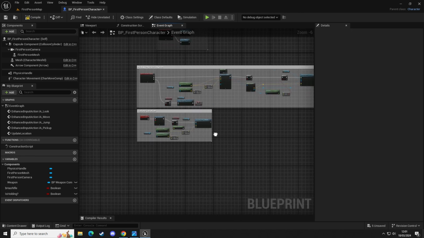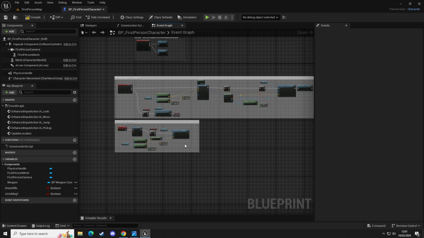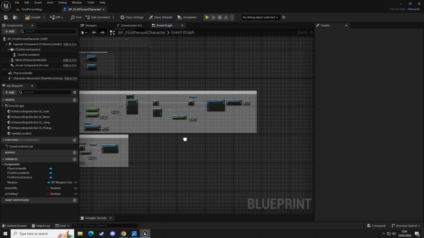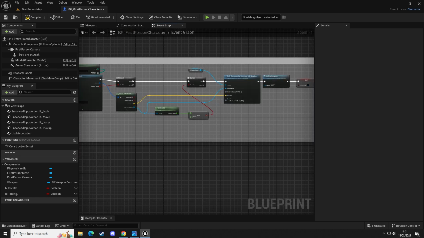Okay, so if we want to throw the object, let's create some code so we can throw the object that we're currently holding in the direction that the player is facing. So to do that, we're going to need another input action, but we can probably use our shoot one, but let's create one. So control spacebar,